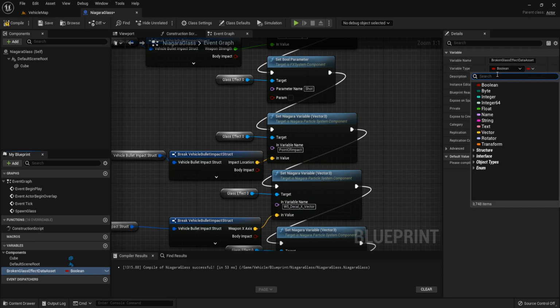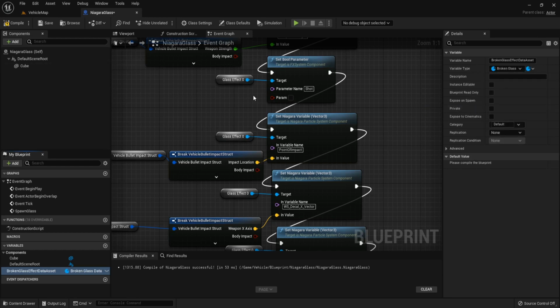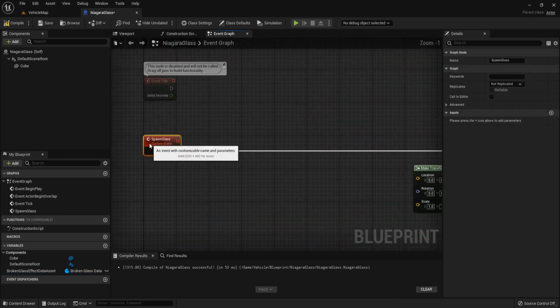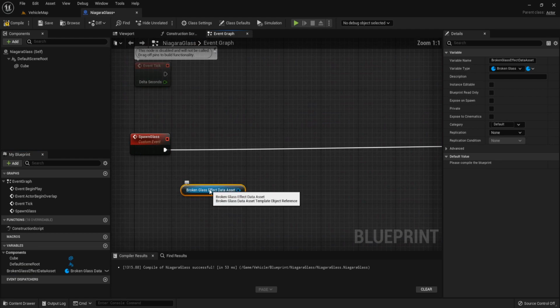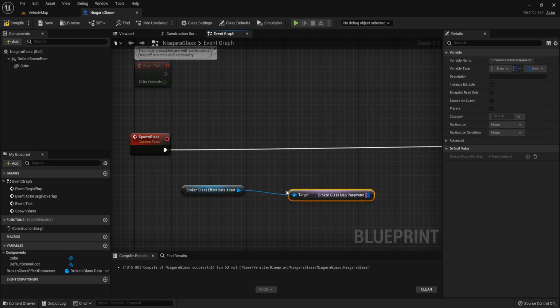And variable type is broken glass data set template and object reference. And then we get this broken glass data set and get broken glass map parameter and promote this to variable.